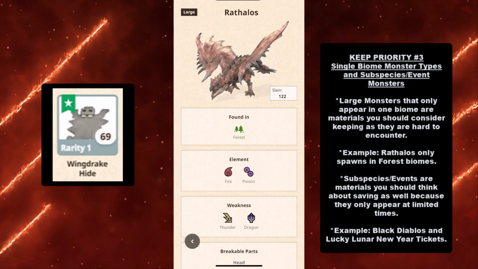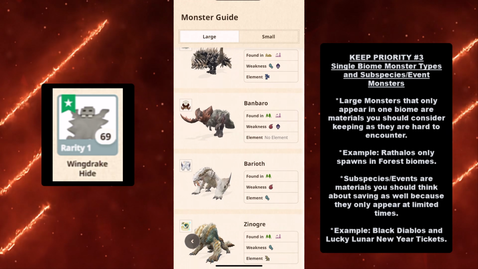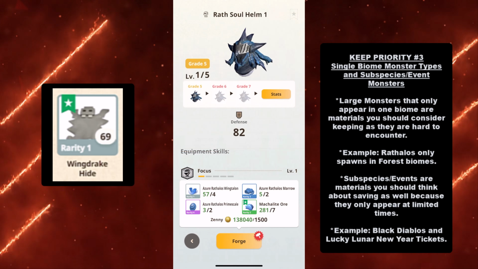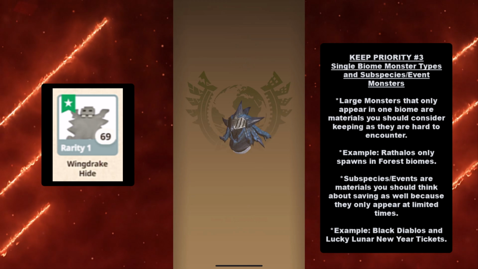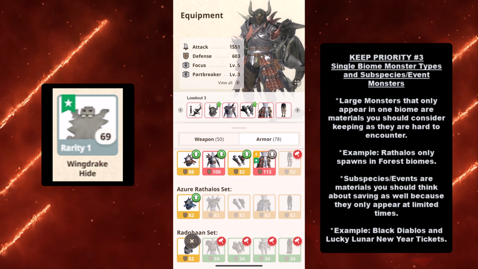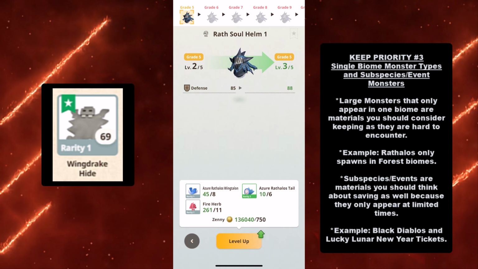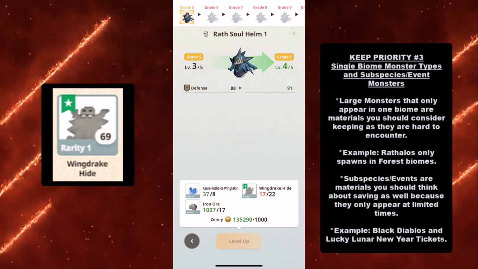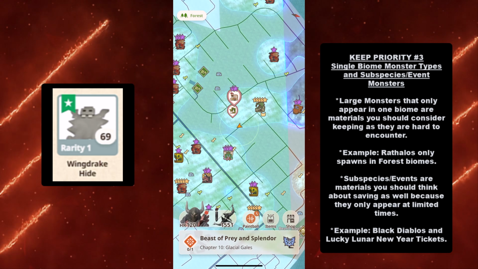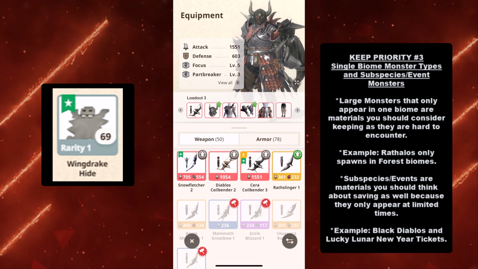In addition, subspecies and event materials are things you should think about saving as well, because they only appear at limited times. For example, Black Diablos materials and Lucky Lunar New Year tickets. These are materials, again, you should really consider keeping because they are really rare. Not only that, some of them are very powerful, and because they only come back at certain times, if you happen to be close to building or consider building one of their weapons or armors later, you will